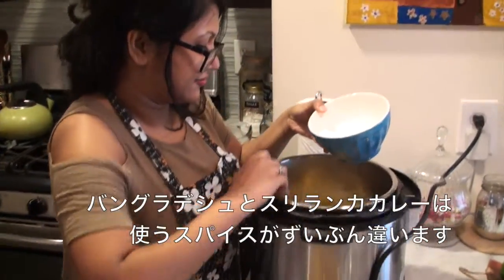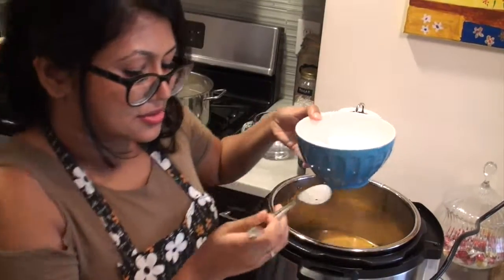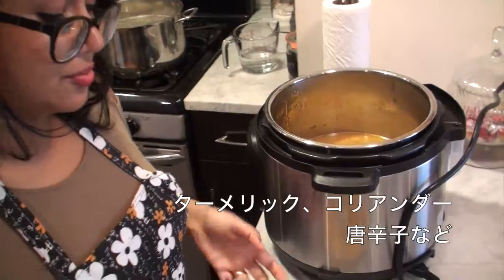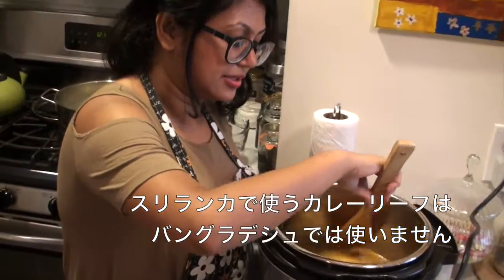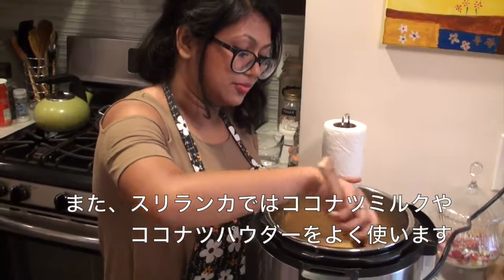Bangladeshi curries are quite different in the spices used from Sri Lankan. So we have a lot of base spices that are similar. Like we also use turmeric, coriander, chilies. But the curry leaves in Sri Lankan cooking are not found in Bangladeshi cooking. And Sri Lankan cooking also uses a lot of coconut milk and coconut products, which